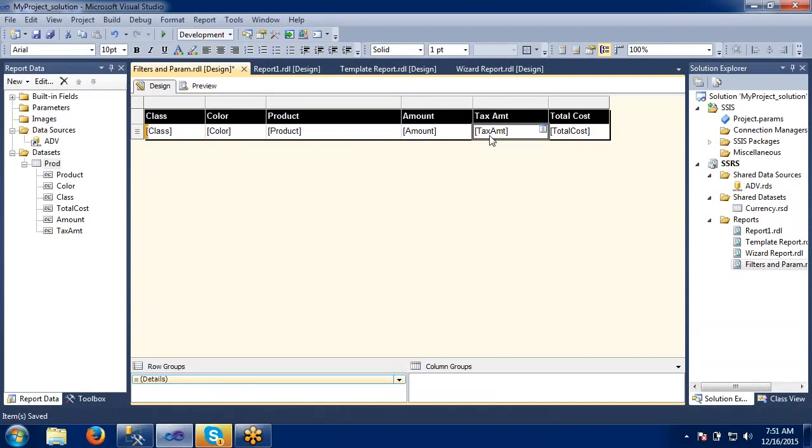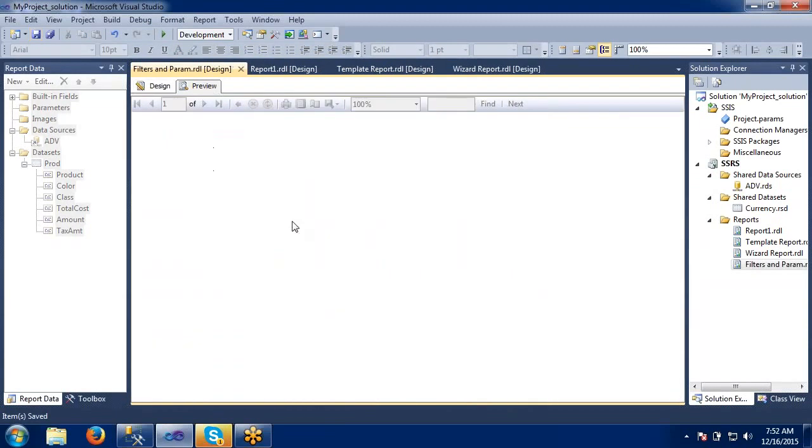Okay, I selected this tax amount and made alignment changes here. We can see the alignments: left, right, center. So I will make it left here, just save and see how the data is coming on the report.